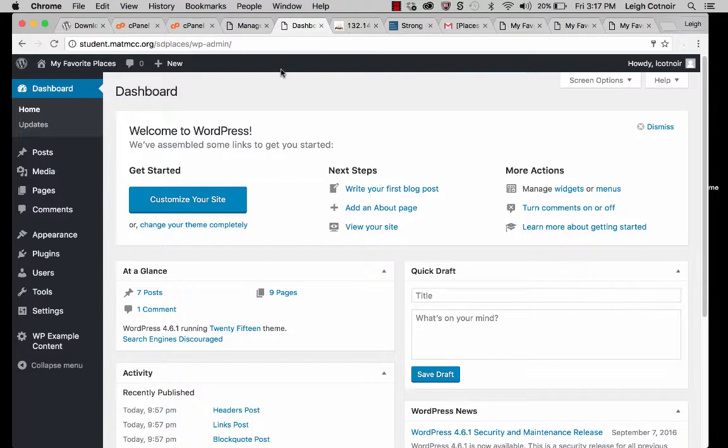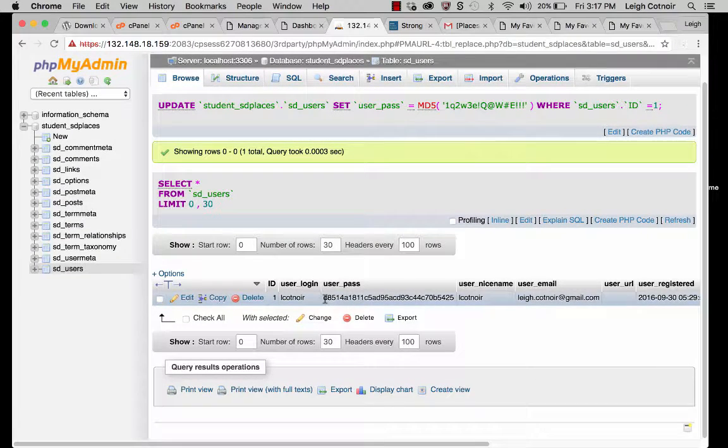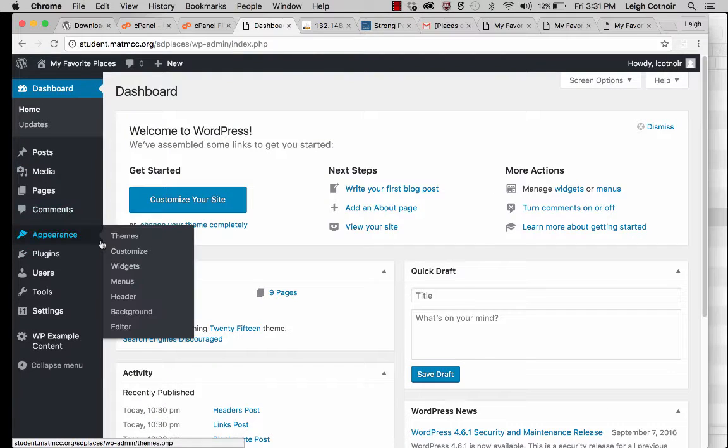The thing that's kind of nice is that if you were to go back and look at it in the database now, you'll see that again, it re-encrypted it. So if somebody else has access to look at this database, they can't just look at your passwords in the clear. All right, so before we conclude, I just want to really quickly show you how easy it is